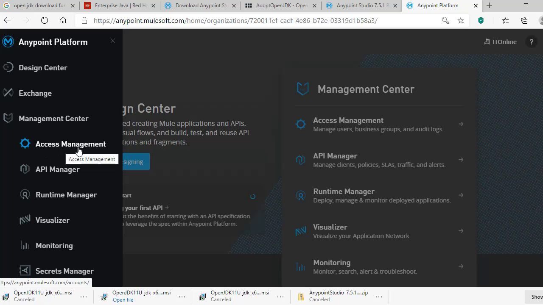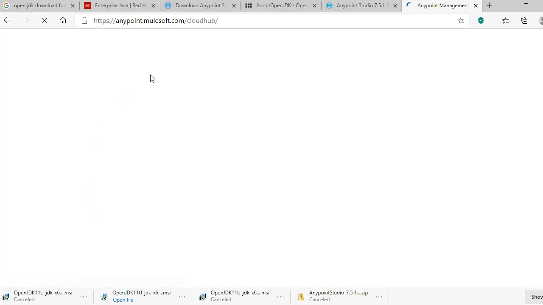Okay, access management is for admin purposes, so we will discuss this later. And one more important component for developers is API manager, where we are creating our MuleSoft APIs and proxies and applying policies and all. This is the section we need to use to do that. And this is the main feature every developer should know. This is runtime manager, where we are deploying our applications.